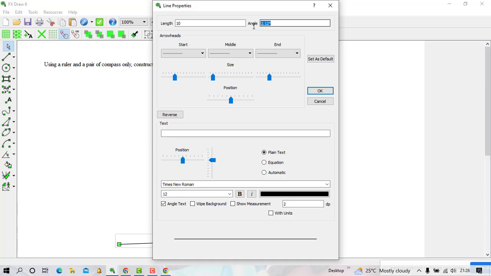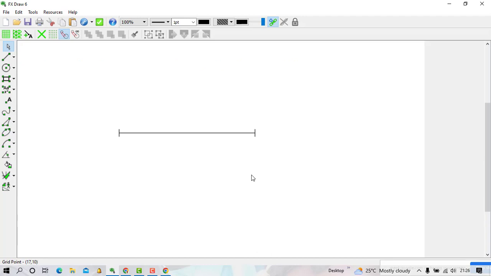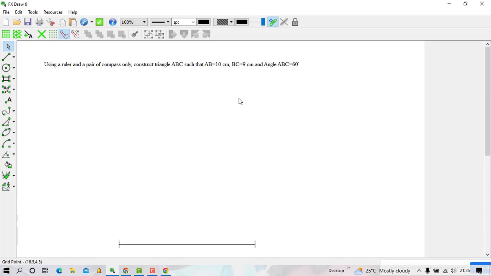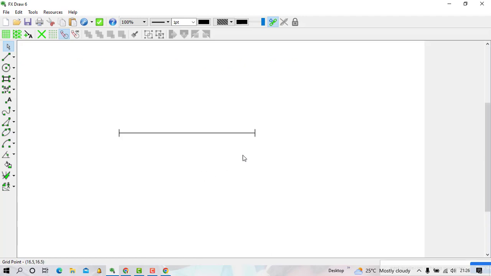Then in the angle, I want it to be 0. Then I have the arrowhead here, so I can use this mark and also the other end mark like that. Then I press OK. Then if this one is my line, do we have an angle of 60 degrees at point A and at point B, because this other side will be A and this other side will be B. Good.